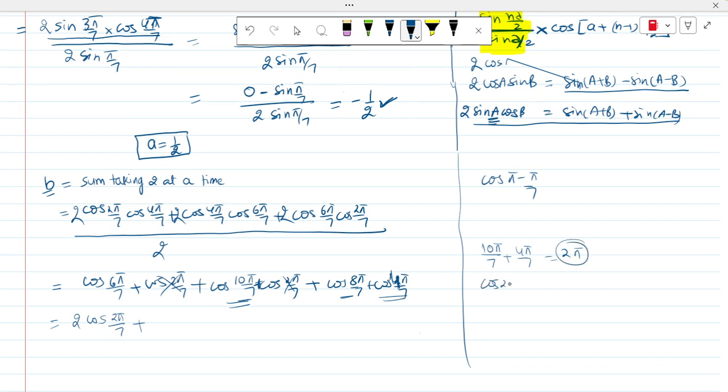So you can apply cos(360 minus theta). If you apply it to 10 pi by 7, it becomes 4 pi by 7, so it becomes cos 4 pi by 7. Getting my point? So cos 10 pi by 7 you can write as cos 4 pi by 7. So cos 4 pi by 7, cos 4